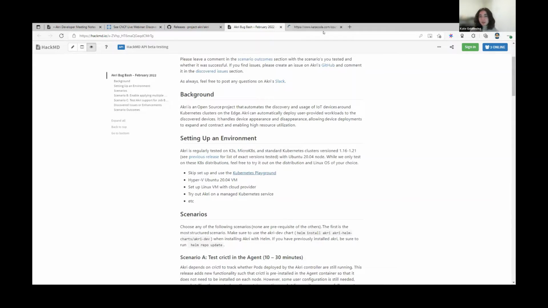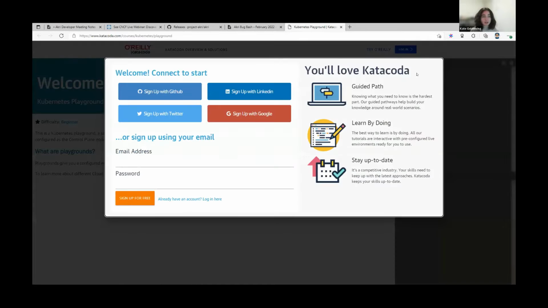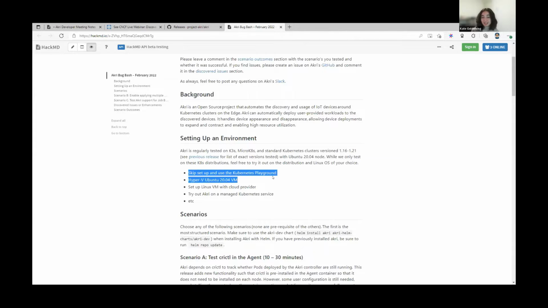It immediately spins up a cluster for you at no cost. I sign in with my GitHub, but it's free. You can get started with a cluster immediately, install Akri, and Helm's already on their clusters. So for the bug bash, we recommend using that if you would like to get started fast.